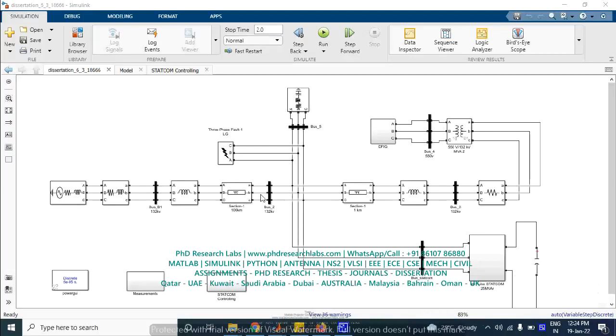Video about grid connected wind farm with STATCOM and DFIG model. So in this Simulink, we are going to check the performance of the power system with STATCOM and DFIG integration. Here the purpose of the STATCOM and DFIG is to check and control the reactive power